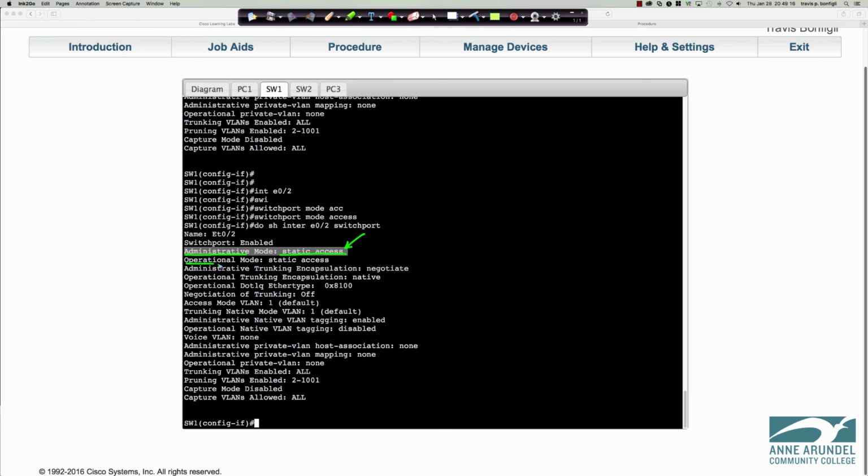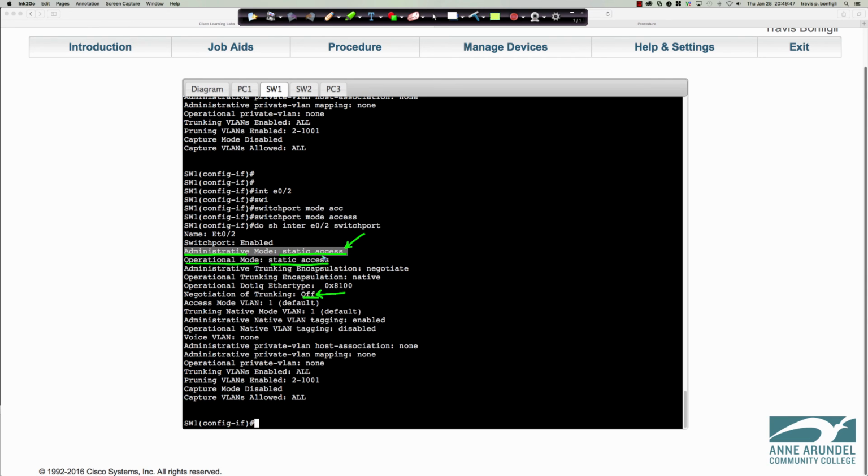Now, operationally, a host is plugged in, so it is a static access port because we have set it to be a static access port. So now it's no longer trying to negotiate trunking. And where's our proof of that? It is right there. So negotiation of trunking is off